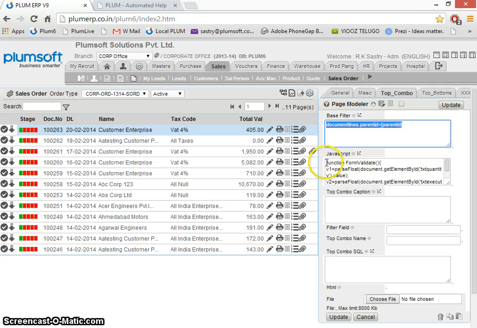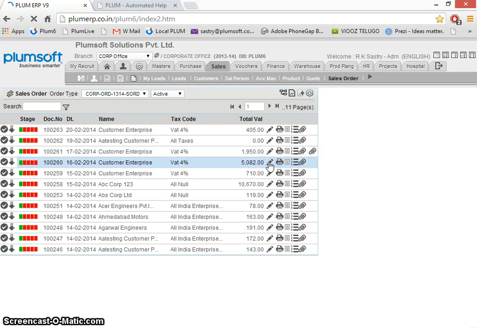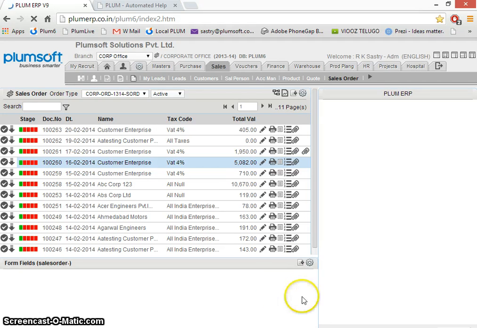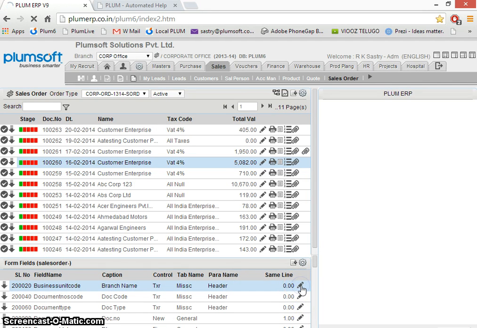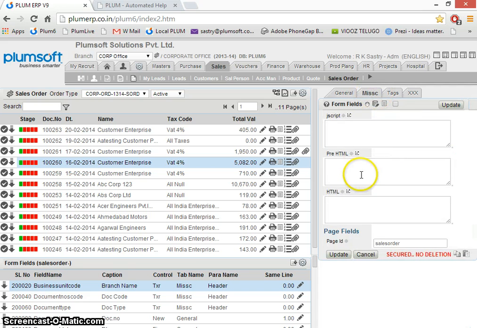At each form level, that is on submission, or at each field level, the application provides a feature where you can actually write JavaScript. That means the JavaScript can be written for an event such as lost focus, things like that. So more or less the entire validation, patterns, everything, they are taken care of.